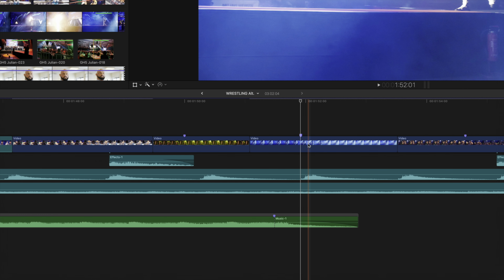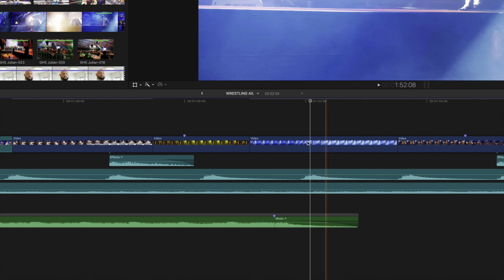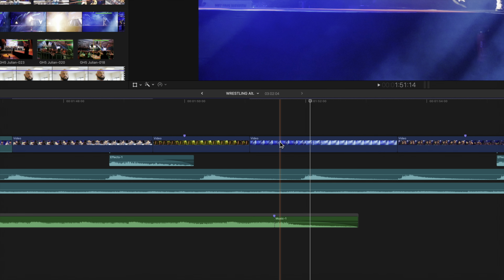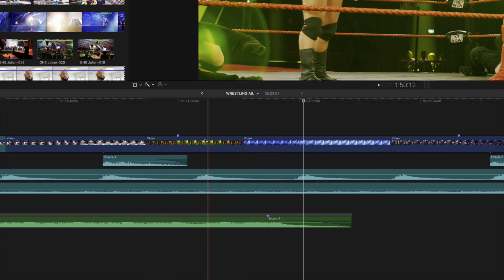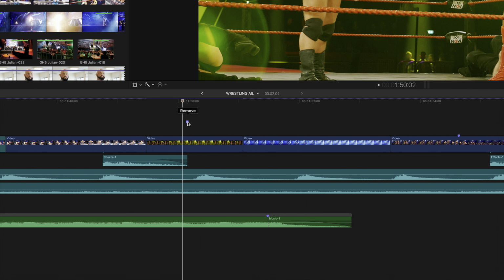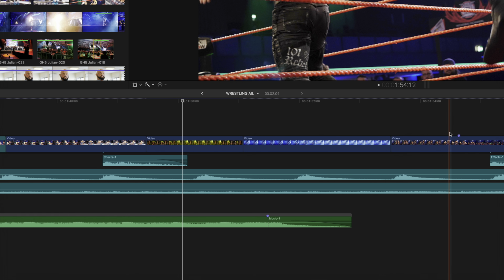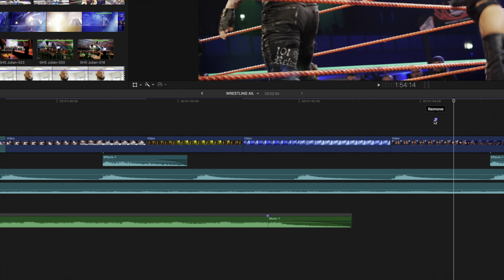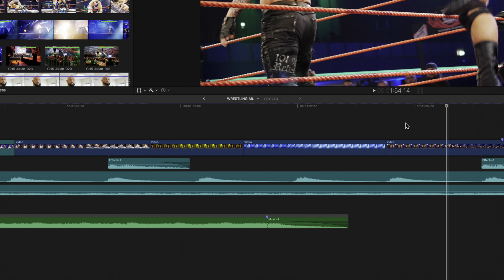One more small change is that you can now delete a marker simply by dragging it upward. Doing that reveals a remove badge, and once you let go, the marker is deleted. Unfortunately, without the classic, what I call cheesy poof animation and sound, as seen in some places in the Finder and, ironically, in Motion when you delete a marker. Oh well, the end of an era, I guess.